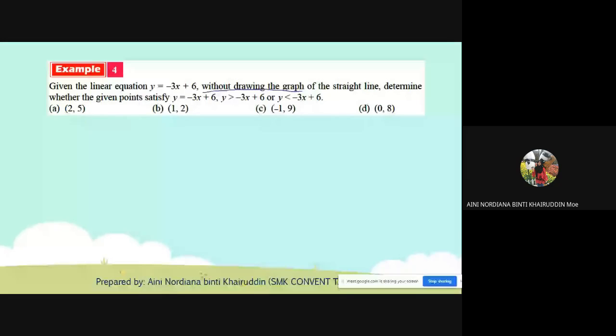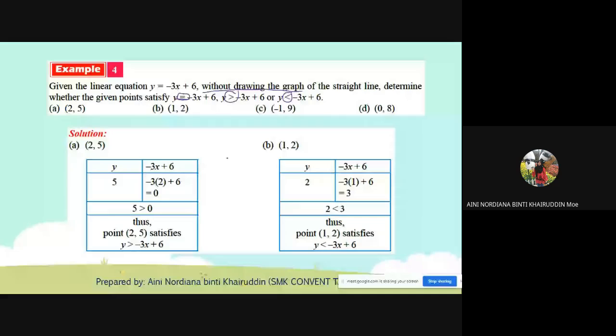Next, example 4. Okay, in example 3 you drew the graph. Now, given the linear equation y equals negative 3x plus 6, without drawing the graph, determine whether each point satisfies y equal to, greater than, or less than. To solve this example, you need to draw a table like this. So write the equation,